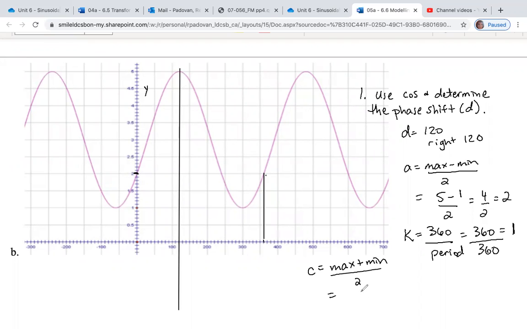So my maximum again was 5. I can just pull the numbers even from here. Plus 1 divided by 2, so 6 divided by 2. I have an equation of the axis at 3. And if I were to draw a line here at 3, it should look like it's dividing this curve directly in half, and that my amplitude then